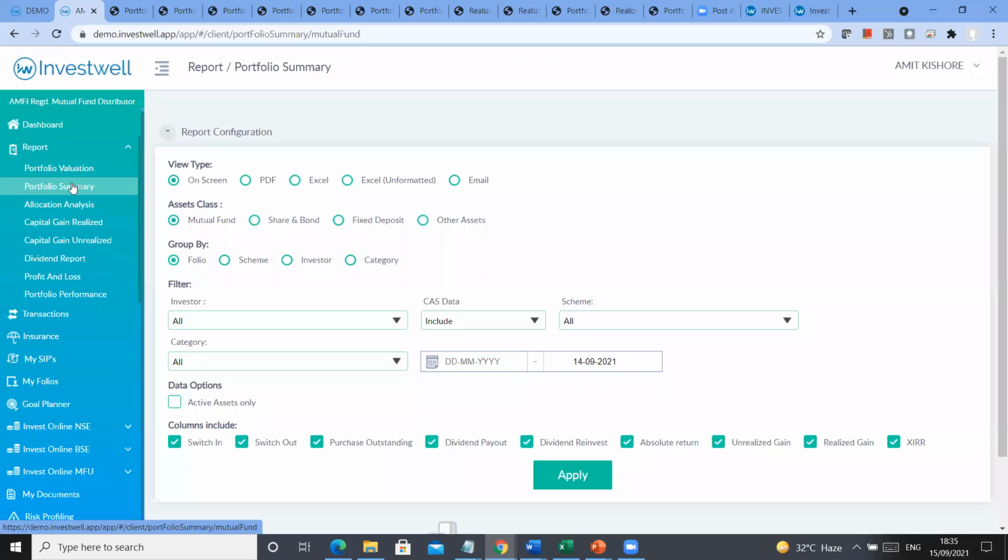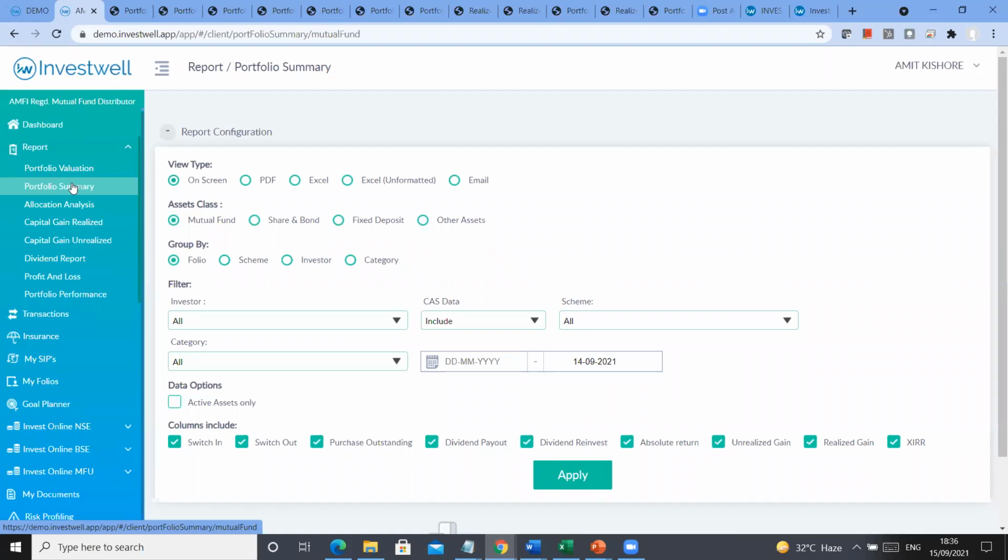These PDF reports which you are generating, you can send to the clients on their WhatsApp. You can email these portfolios. So both can be done. And while you are emailing it, if you want to mark a CC to your RM, you can even do that. Further, here you can see, while viewing the portfolios, this portfolio summary is basically based on